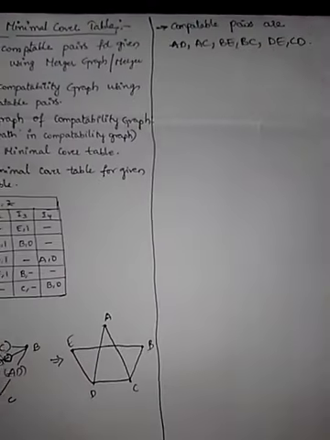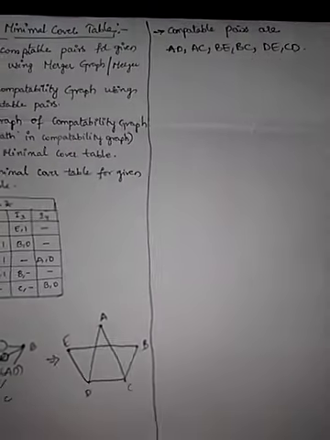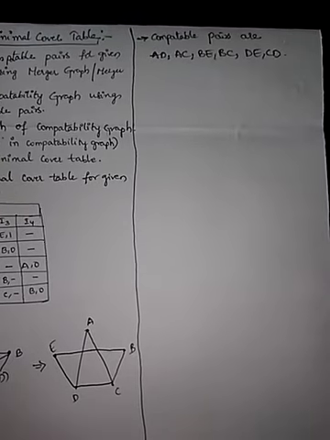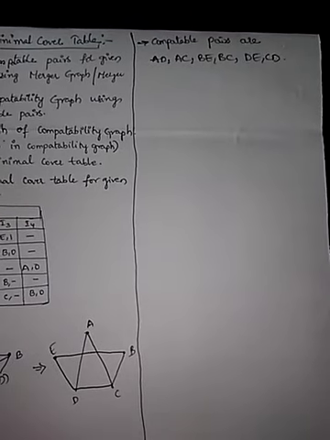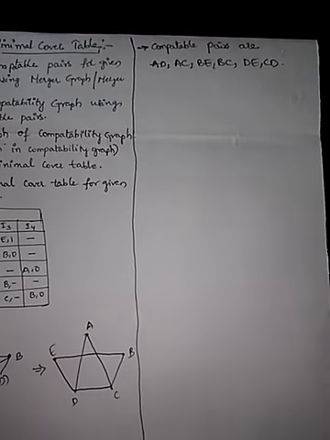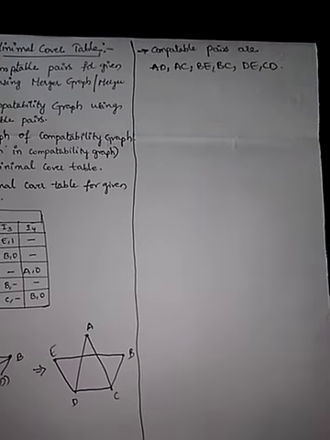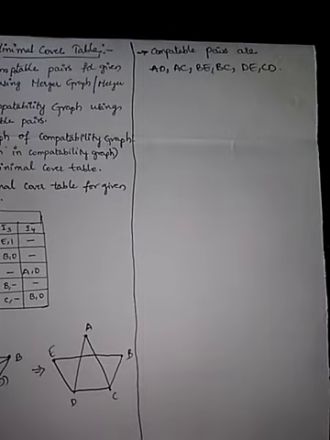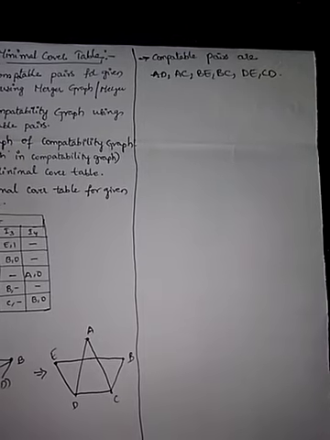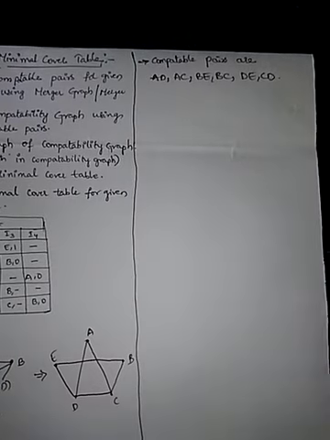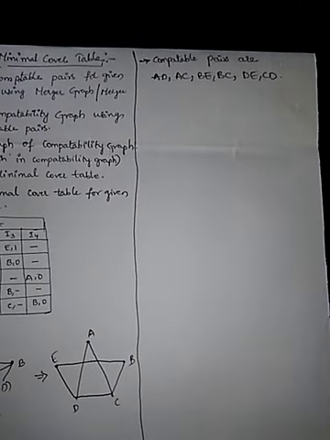If you have observed from this diagram, with A we have only 2, AC and AD. So I have written the first 2. Next, with B we have 2, BE and BC. That is written. And with C, CA is already a repeated term, no need to write it twice. Next with D, DE is the only one that I wrote, and the last one is CD. So in total we have 6 compatible pairs, which are included in this merger graph.